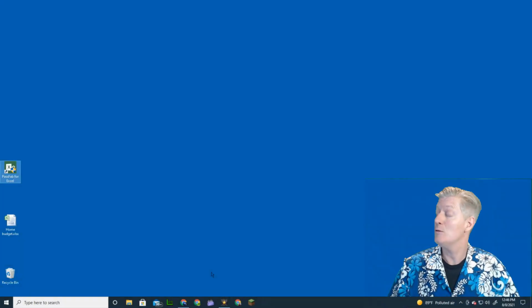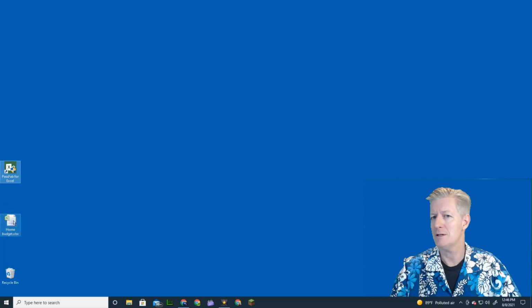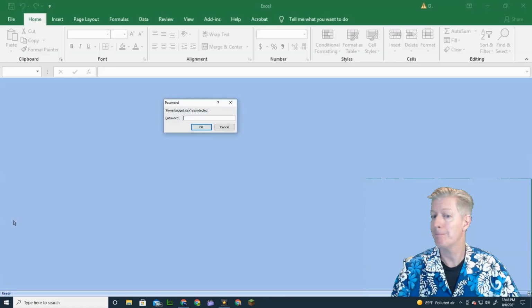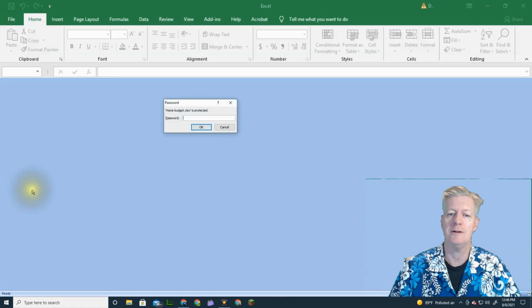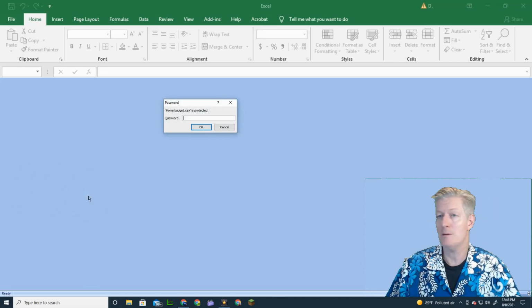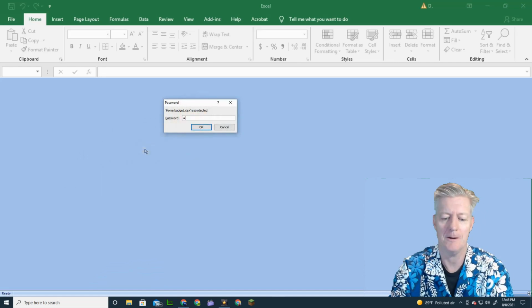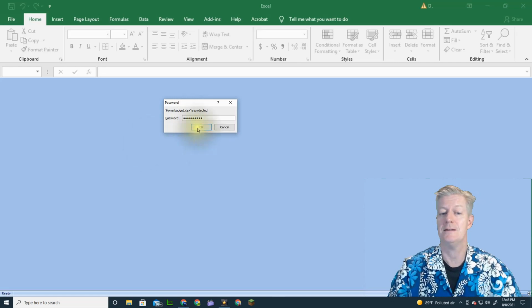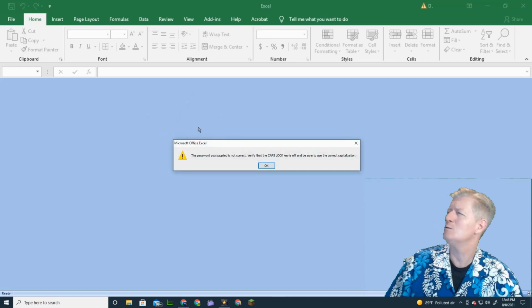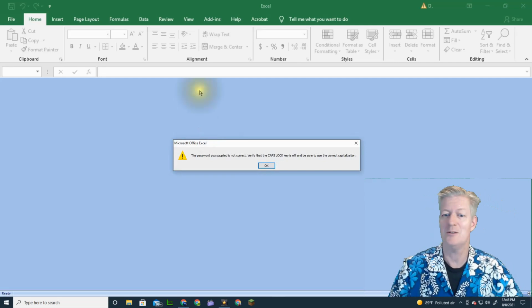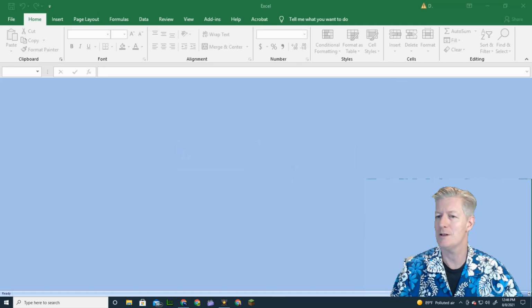Here we are in my Windows desktop. Now what I'm going to try to do is open up my Excel worksheet there, but I haven't opened it in a long time and I think it might have a password. So let's open it up. There we go. It's asking for a password. Now it's been years since I've opened up this worksheet. So I'm just going to guess at the password here, and I think it might be this. Let's see if it is. Oh, it's not. Okay, so I don't want to spend a lot of time just guessing at all the different passwords that I might use.